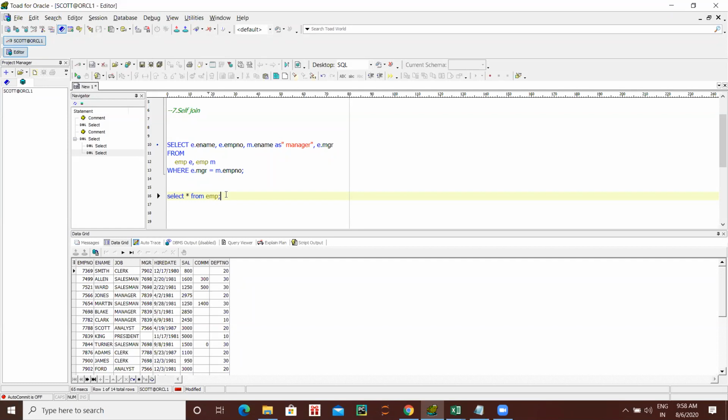So that's what we are doing with self join. Self join means here we have two columns, and these two columns are joined to find the manager name. That's it, nothing else. That's why we use the where condition: employee number equal to manager number, to find the manager name. That's it. Any questions? This employee table only, we are taking two times and checking.